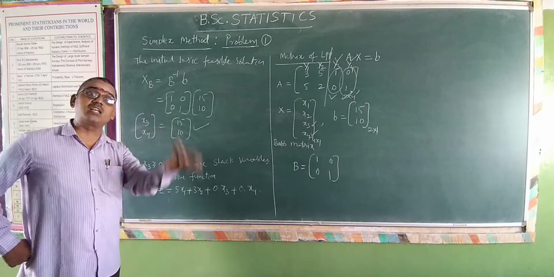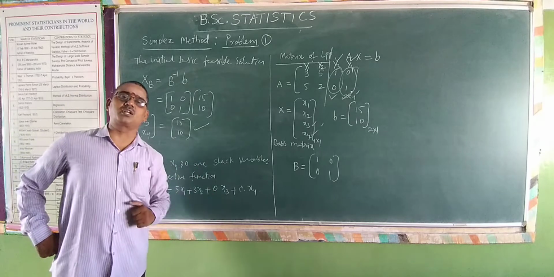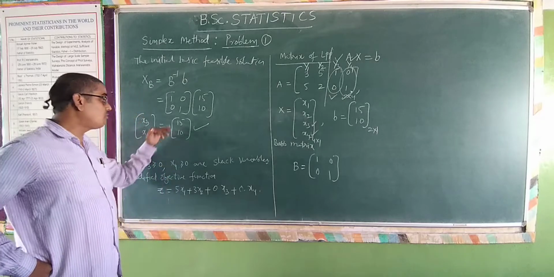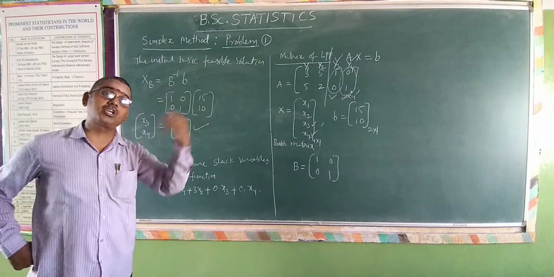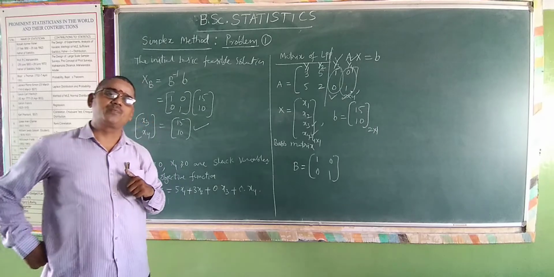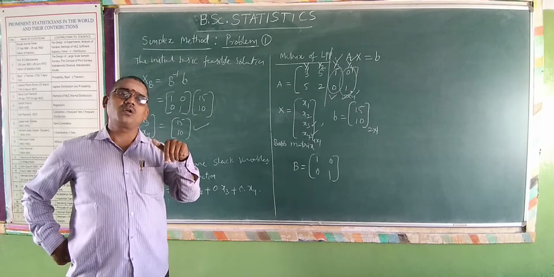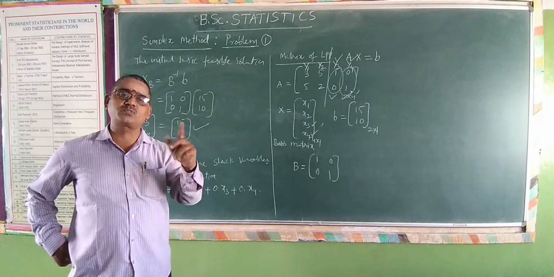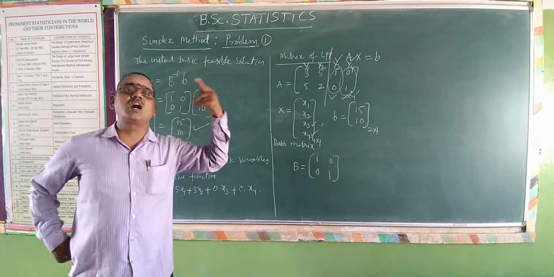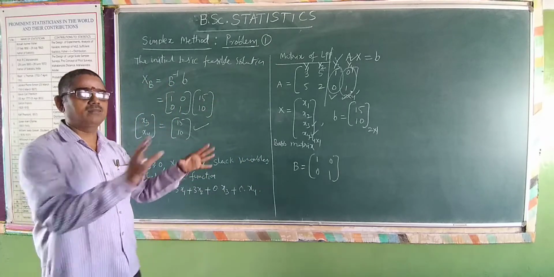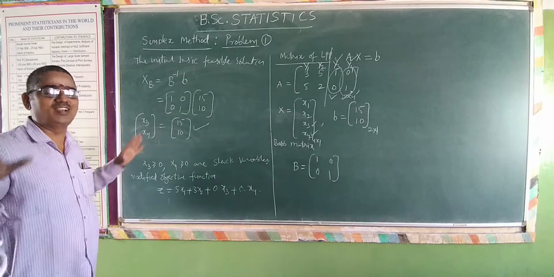By solving the resulting system, it is nothing but a basic solution. By considering x3, x4 as 15 and 10, x1, x2 are zeros. Now I tell you the definition of basic solution again. Taking x1, x2 as zeros and solving for the rest gives a basic solution. Okay, I stop here for the basic solution definition.